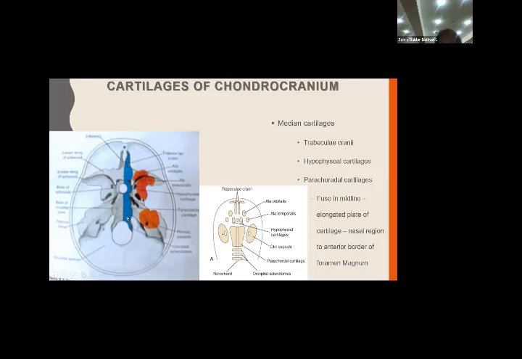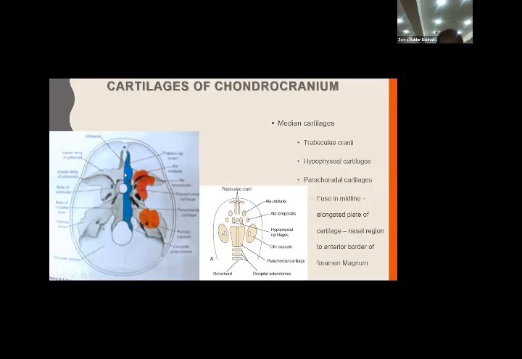These cartilages fuse in the midline and they make up a long midline plate of cartilages. ये सारी तीन cartilages, one trabecular cranii, hypophyseal cartilage and parachordal cartilages, they join together and make up a long plate of